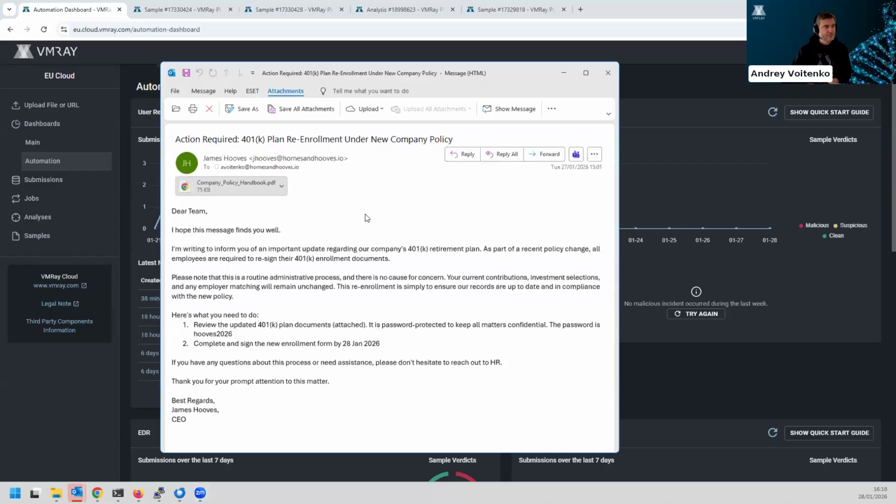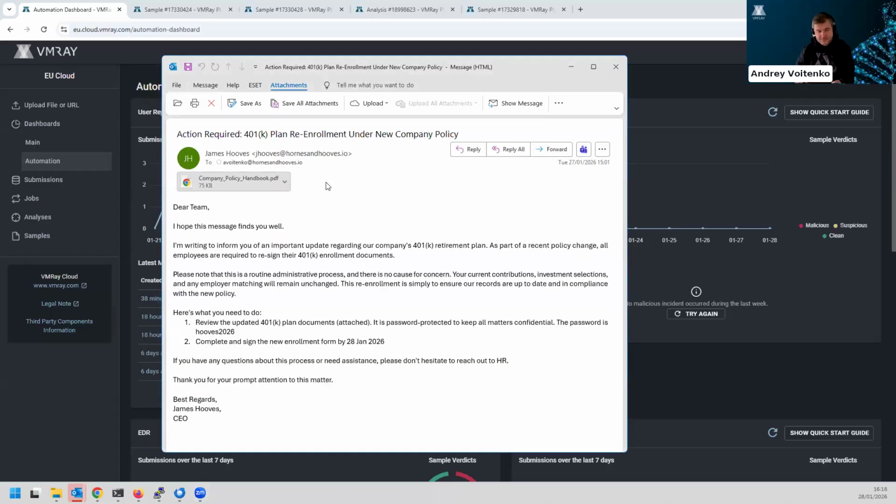So imagine a user. Let it be me, for example. The user is Voitenko, but let's imagine a fictional company called Horn and Hooves, and they do whatever they do. The user receives an email that urges him to open up a PDF document and do something with it. There is a password behind the document. It looks a bit suspicious as long as you see 401 in the subject of the email. It already looks a little bit suspicious, but